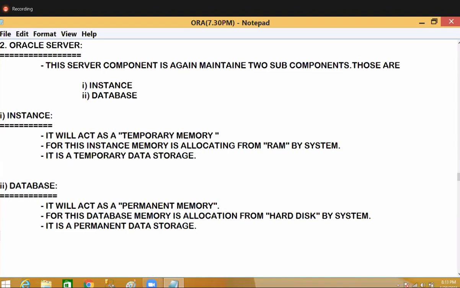Now we will see how these instance and database memories are internally maintained by your server. We discussed what an instance is and what a database is. But how are these two memories handled by your Oracle server internally? That is a very important question. If you want to understand how these two memories are maintained by the Oracle server,